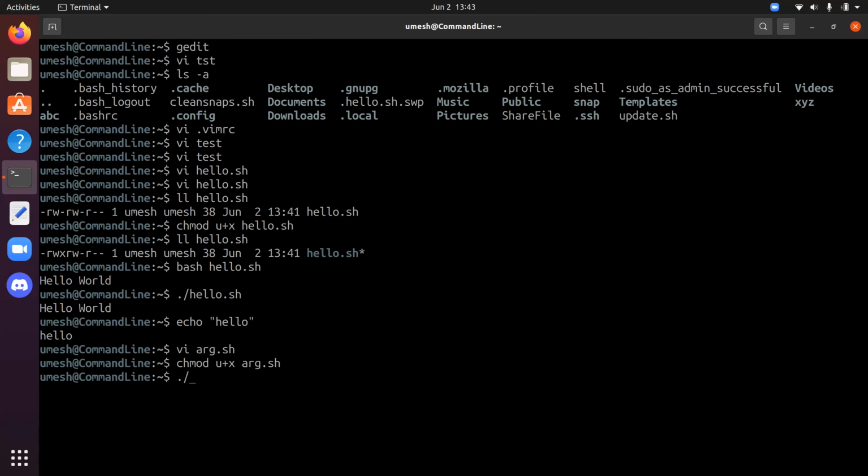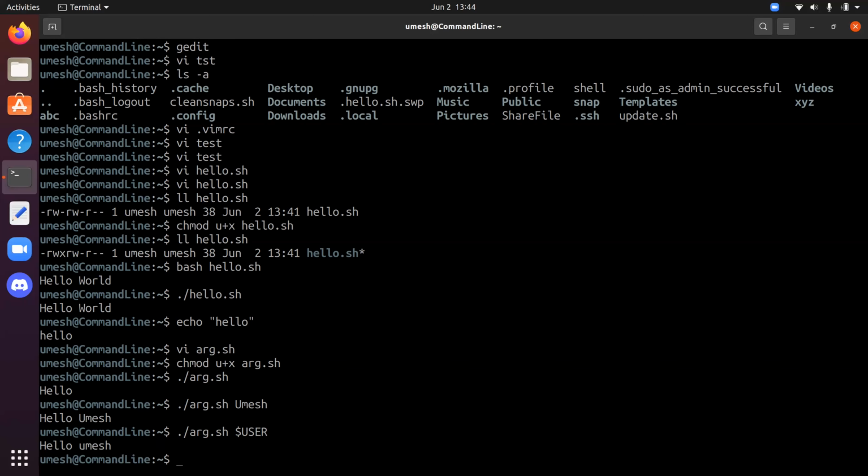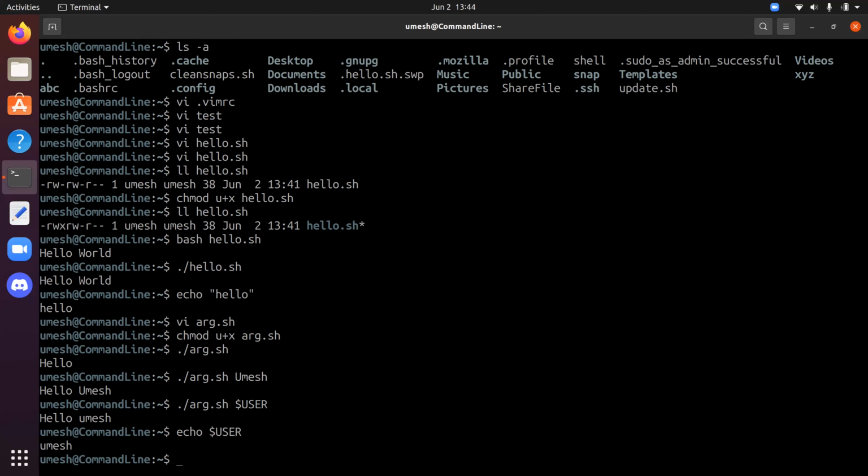Now if I run, it just printed hello, but it ignored the $1 because we didn't supply any argument. So we can now supply the argument in the command line, umes, for example. So it took that input as an argument and printed the output. We could also do hello $USER, which is the currently logged in user, and hello umes. If you simply do echo $USER, it also prints the logged in user.